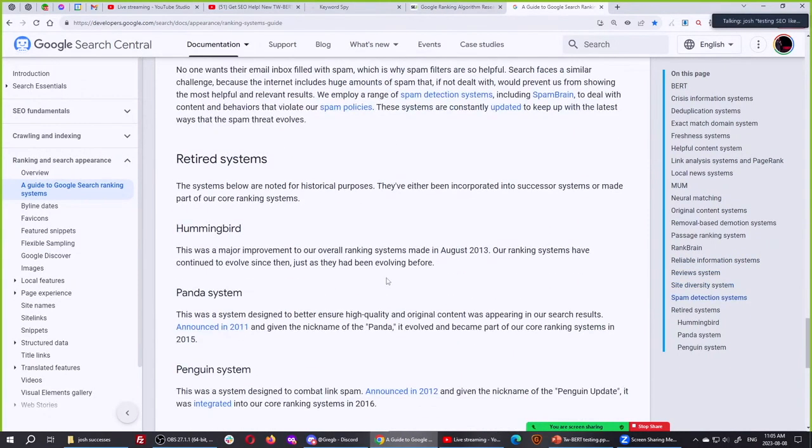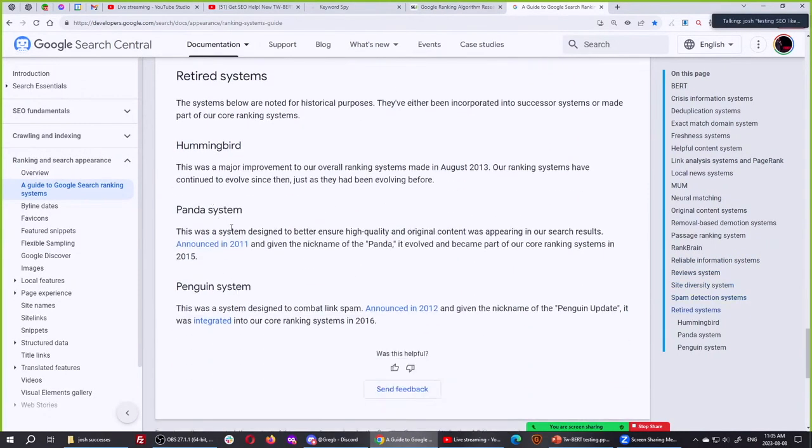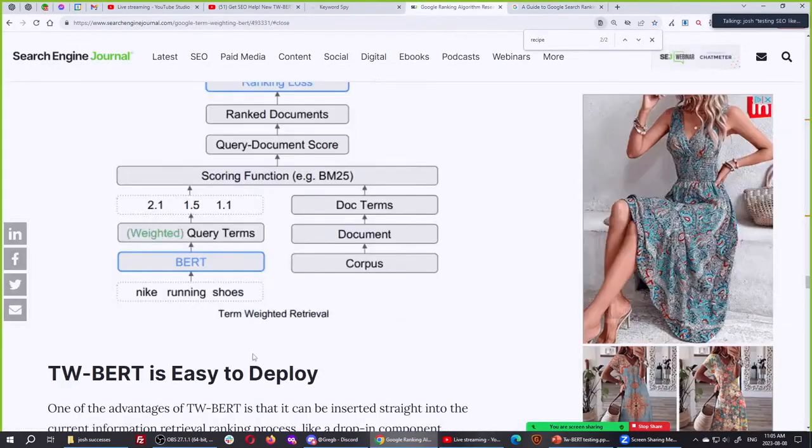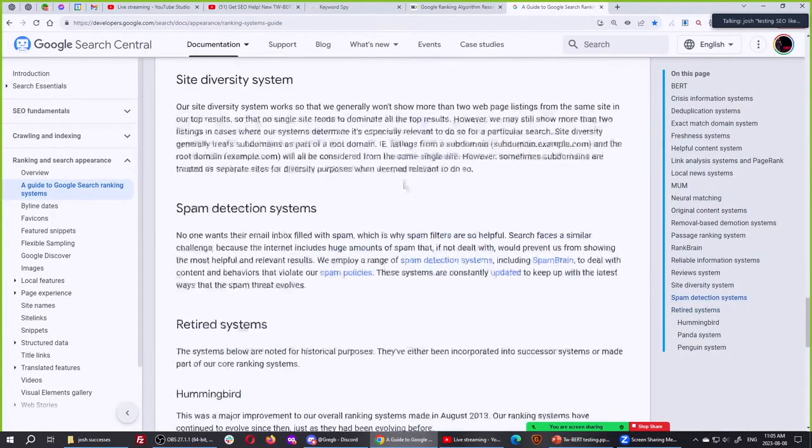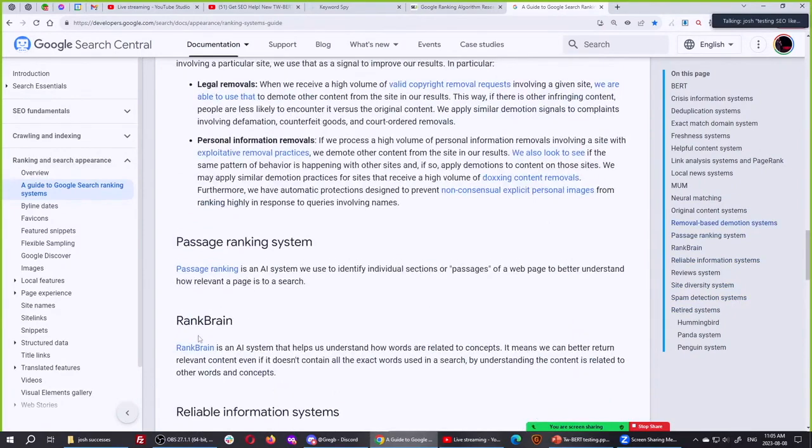And these ones are now retired. Panda and Penguin are now retired. And Hummingbird is retired too, because that used to be the way in which they retrieved documents. They don't retrieve documents that way anymore. They're now retrieving documents this way. This is how they're retrieving documents now, and that's not Hummingbird. So we know this. We've been testing this. So if you're not testing for all these things, RankBrain,